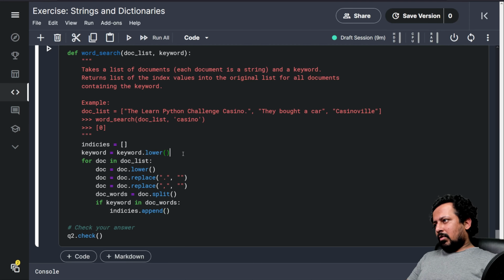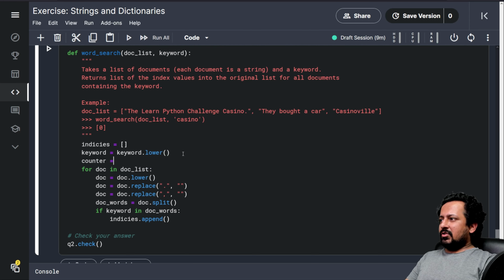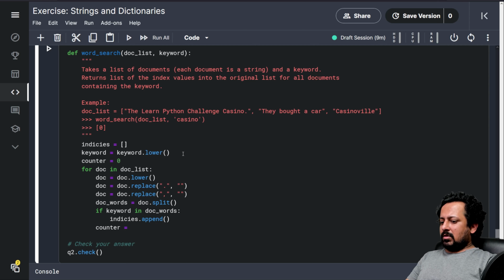So now one more thing that we have to do here is we initialize a counter that starts from 0, and here in the end counter is increased by 1. So indices dot append counter.